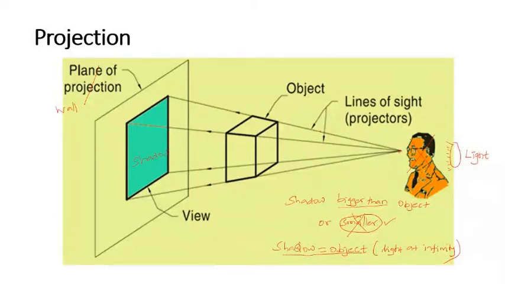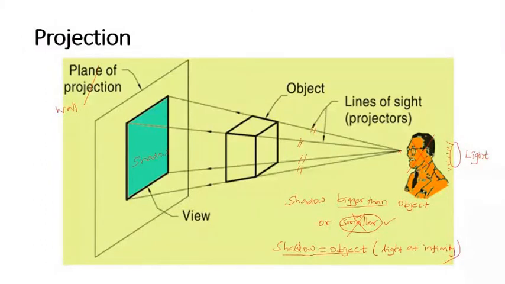Okay, when you move this light source to an infinite distance, what will happen? These lines are called the light rays. So these lines will become parallel to each other. The worst case is it can become parallel to each other. So what he's trying to say is if the light source is big, these lines instead of diverging will start converging.